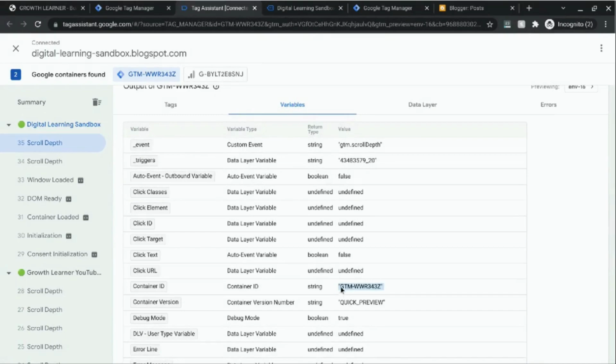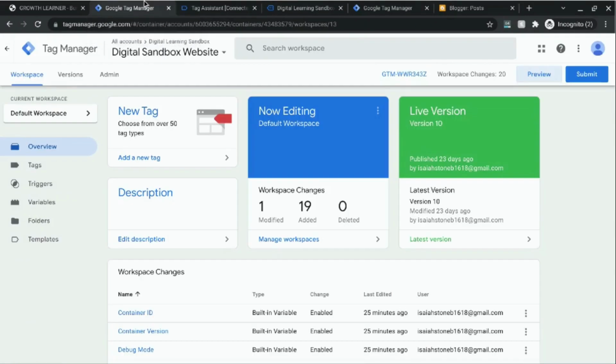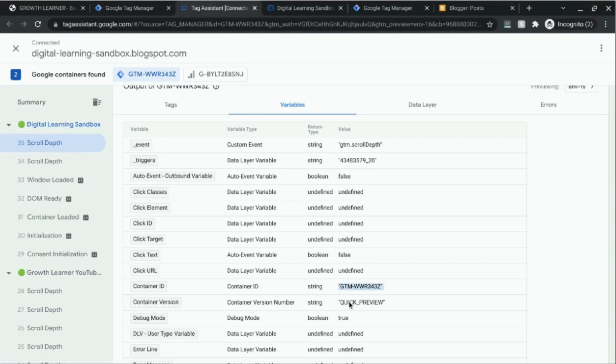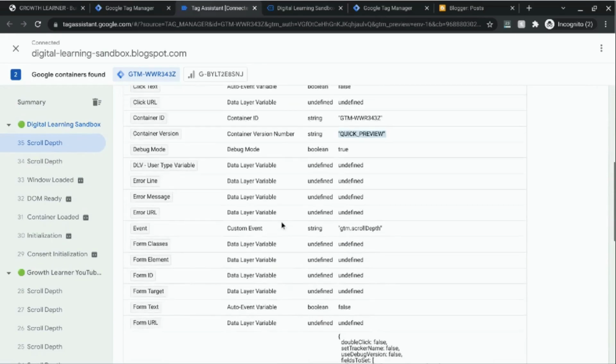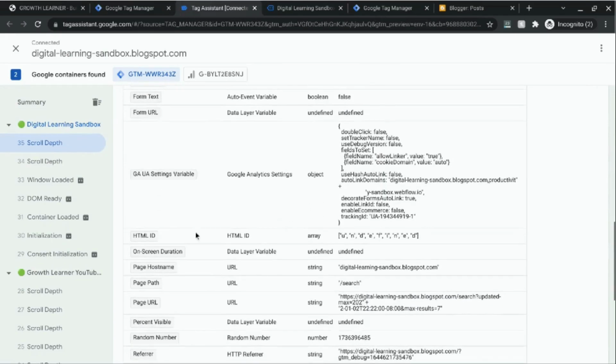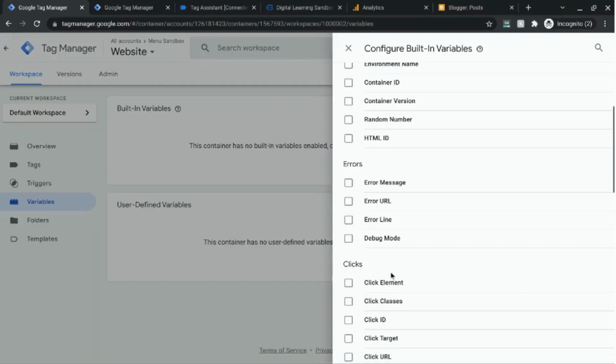This matches our container, our GTM container ID that we're working with here. We have our container version, as well as something for HTML ID, but this isn't applicable to us because we're not using tag sequencing. Next we have